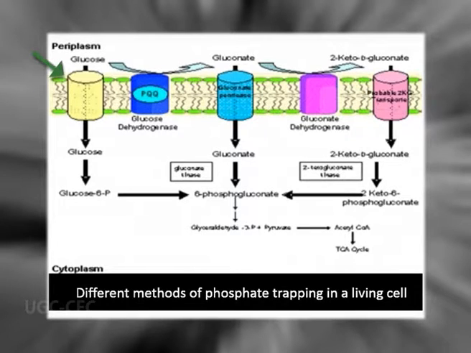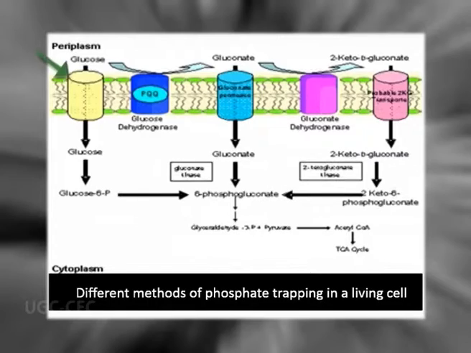Now I was telling that phosphorus is taken up by the living cell, but how? Actually speaking, phosphorus uptake is by incorporation into the sugar molecule. So directly glucose can be converted to glucose 6-phosphate, which is trapping of phosphorus. Glucose 6-phosphate can directly be utilized in the living system, in the glycolytic cycle. Or on the other hand, glucose may be converted to gluconate through an enzyme, glucose dehydrogenase, where PQQ is the cofactor, and this particular phosphogluconate will also be an important way by which phosphorus is trapped in the cell.